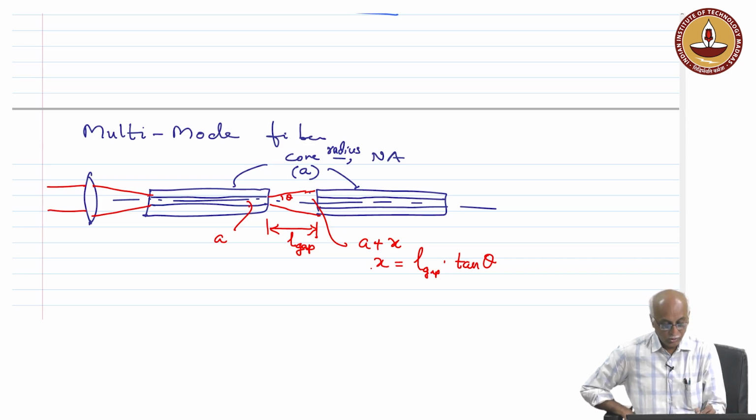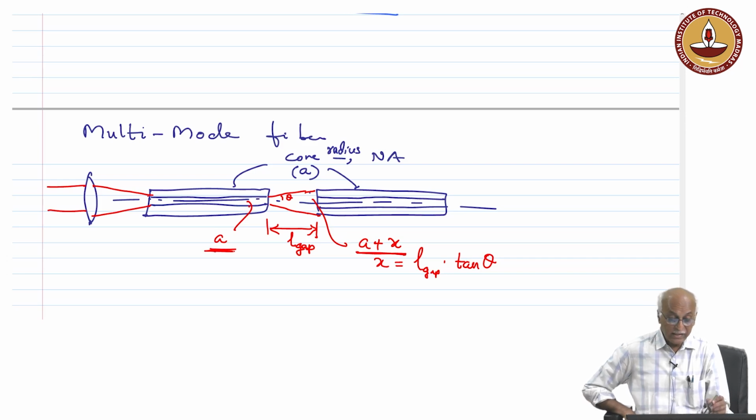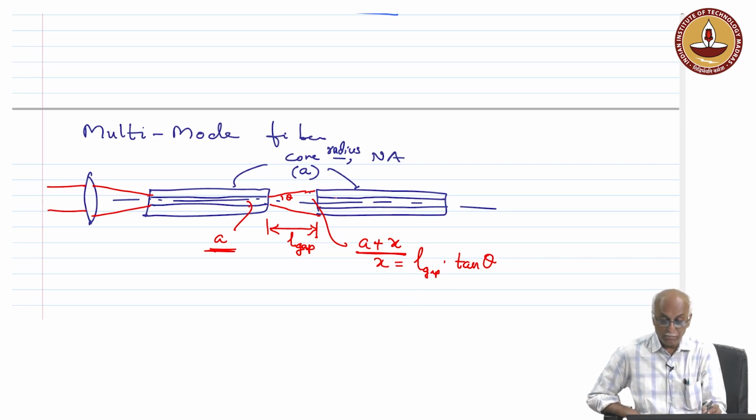Automatically, in terms of intensity, the amount of light which is coupling from here to here, there will be a loss, isn't it? Because the core can accept only the beam size matching the core radius of a, while the beam size over here